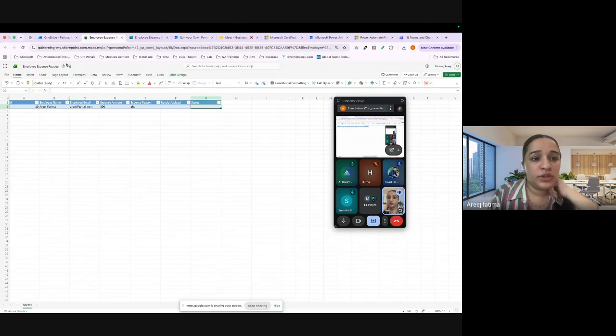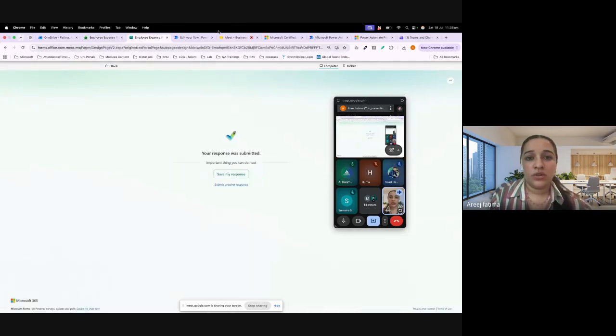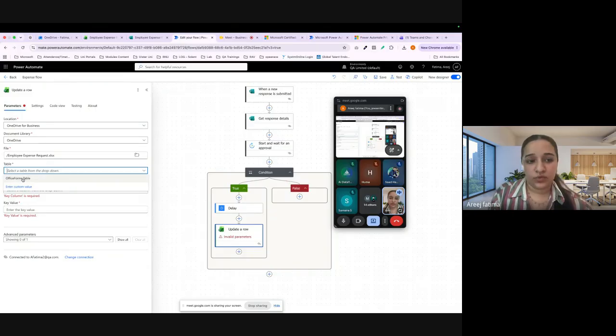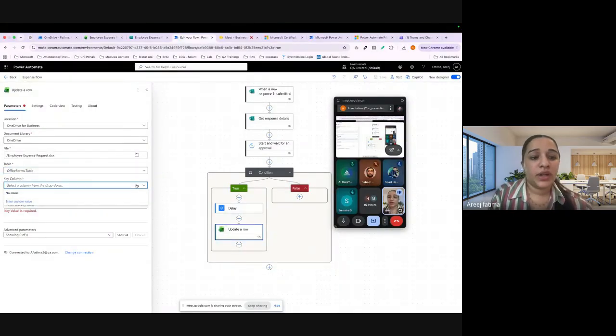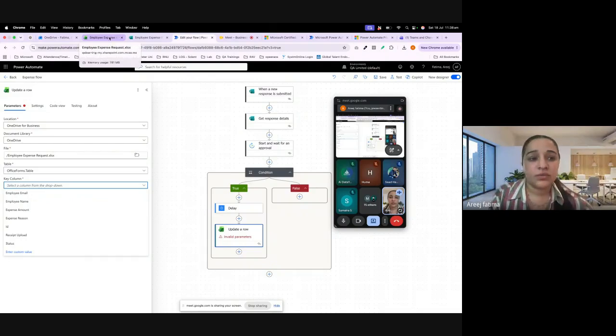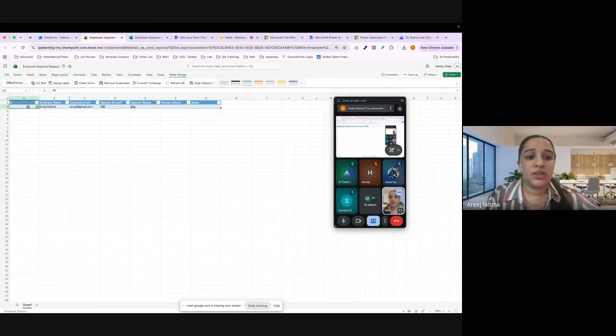If you go to your Excel sheet and click on the top, there's a table design. Inside the table design, you can see what is the table name you have right now. Even if you want, you can edit it, but for now our table is office forms. I'm going to select this table, and regarding the column, I'm going to update the information. Information needs to be updated by a specific ID, because if I target the employee name, sometimes two or three employees have the same name, or maybe the email is the same, but most preferable is the unique IDs that we use.